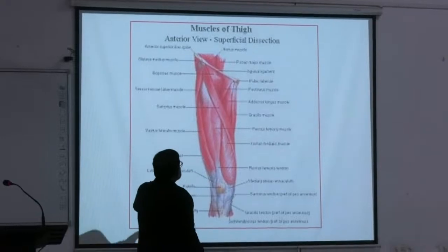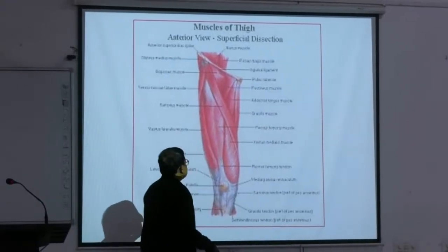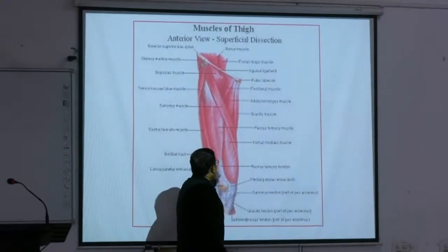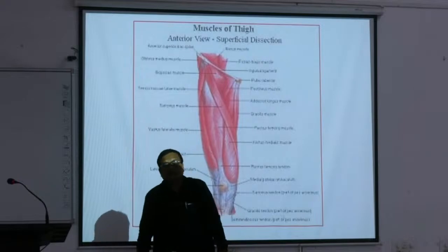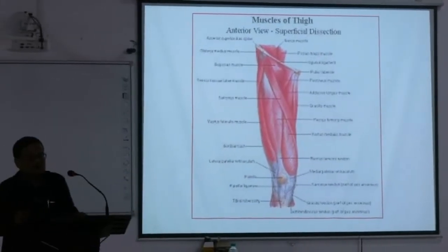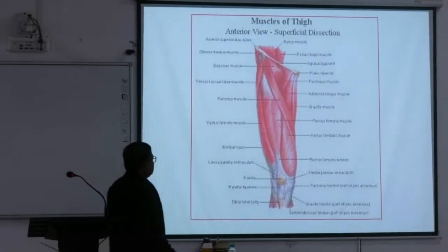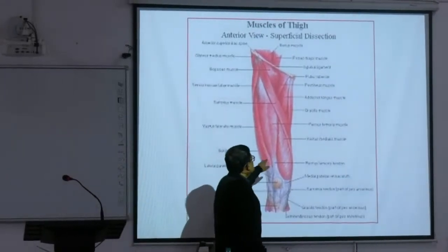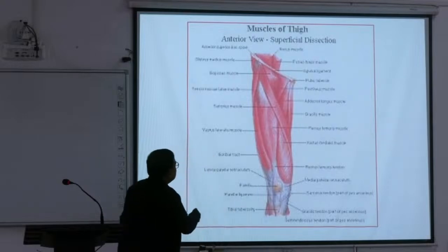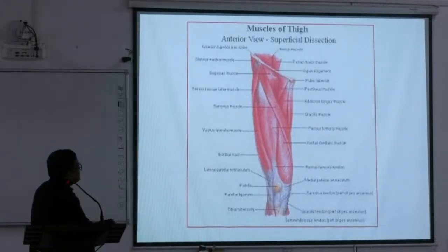As a recapitulation, especially this is the vastus medialis, vastus lateralis and vastus intermedius, and above them is the rectus femoris. This is the rectus femoris. We cannot see the vastus intermedius because it lies deep to this. So these four muscles are very important. Look, this is the rectus femoris. You have to know this, observe it well.